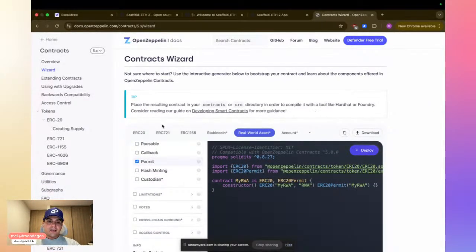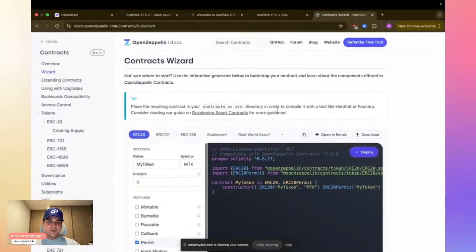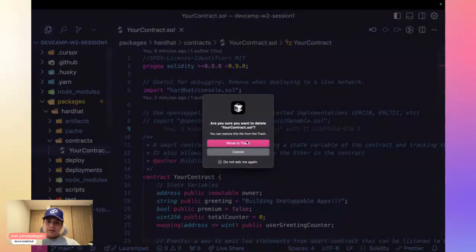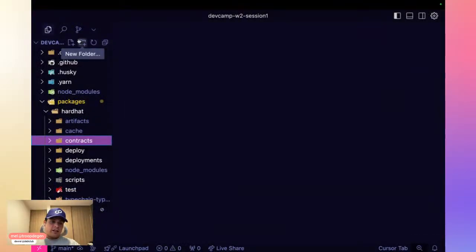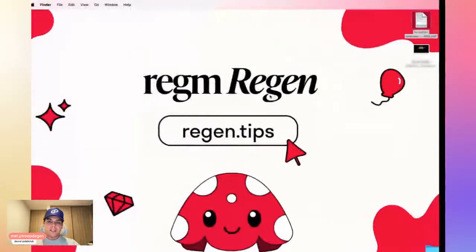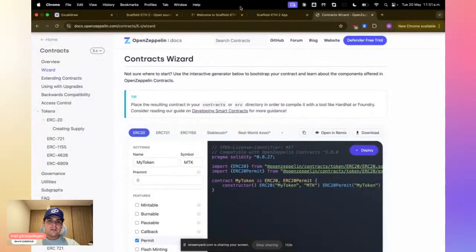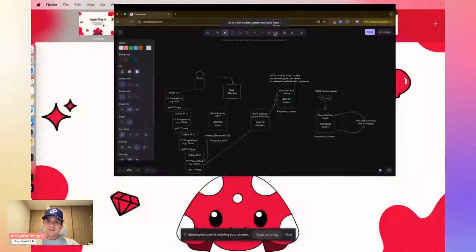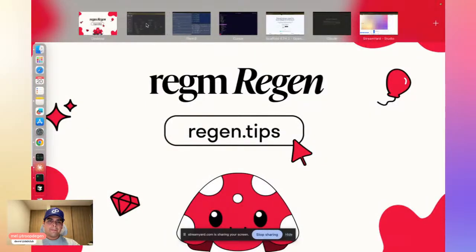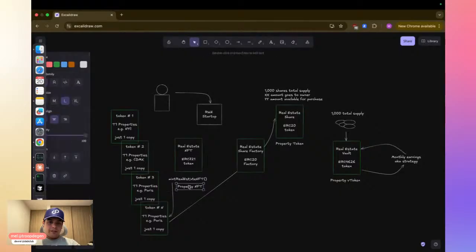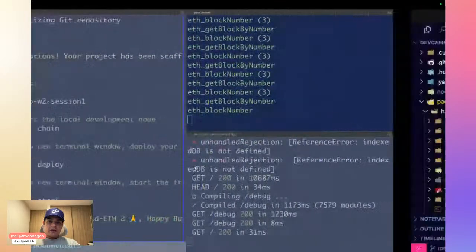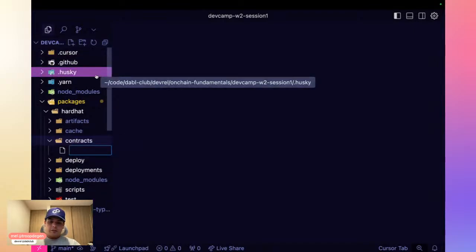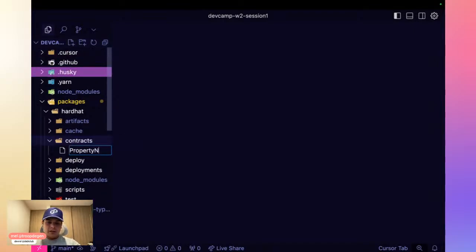All right. So what we were going to do for this is precisely accelerate our development by creating some smart contracts on our own. And the first one that we need, remember, is our property NFT, which is over here. I'm going to keep this on the left for reference. So first we need our property NFT, which is an ERC-721. And there are a couple of ways that we can go about creating this property token, property NFT, I'm going to call it.